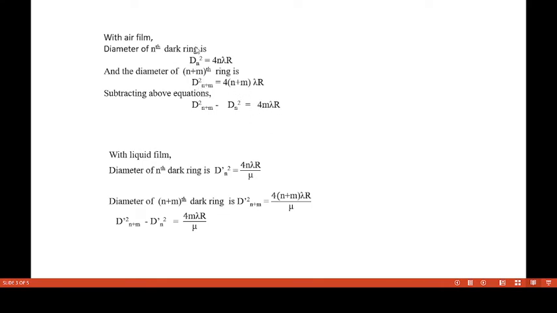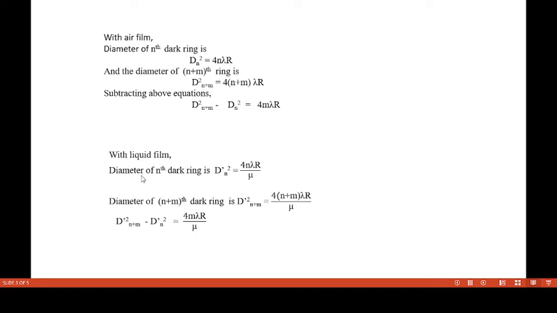Just subtracting the above equations, we will get dn plus m square minus dn square as 4m lambda r, where dn is the diameter of the nth dark ring in case of an air film, dn plus m is the diameter of n plus mth dark ring in case of an air film. Now in case of liquid film, only difference is there will be a mu in the denominator,